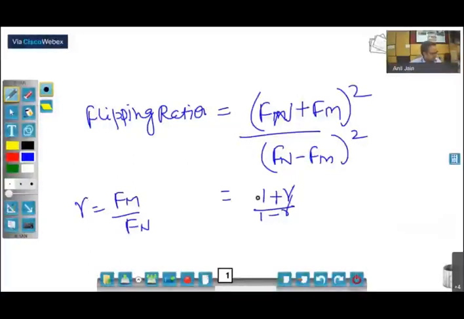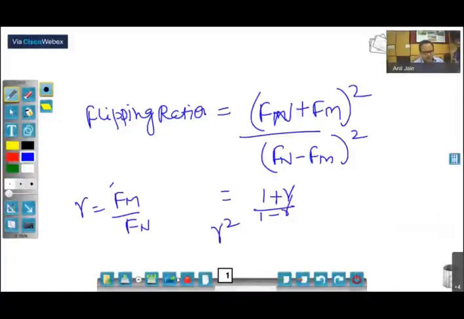Now suppose you have Fm which is very, very small in comparison to Fn. Then when you do an unpolarized neutron diffraction experiment, you will try to see this gamma square. But by doing this polarized neutron scattering experiment, by measuring this flipping ratio for a couple of reflections, you can even find out about this small moment which is present in your sample. So this is one example.